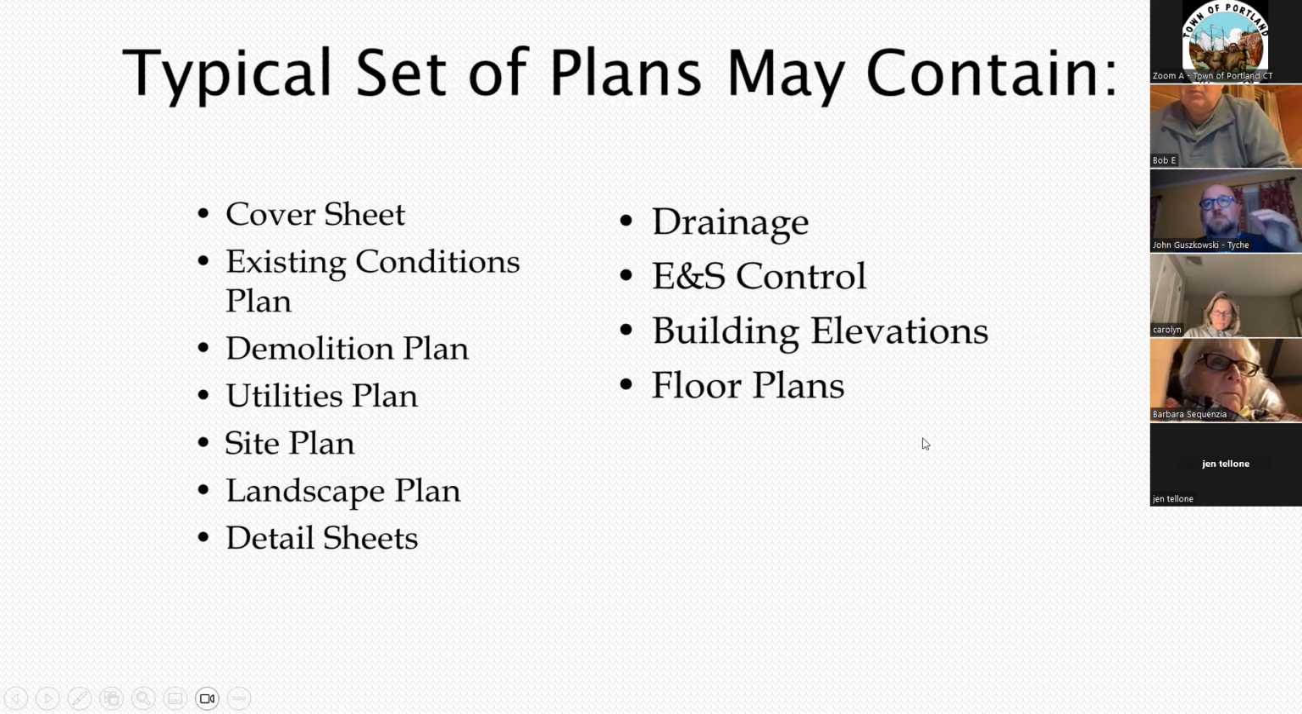And all of these things, I'm sorry, go ahead, Bob. Just a quick question. Does the type of material on site show up somewhere in a plan? Whether it's clay or